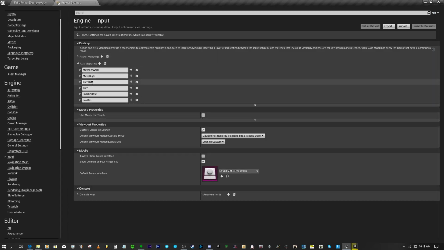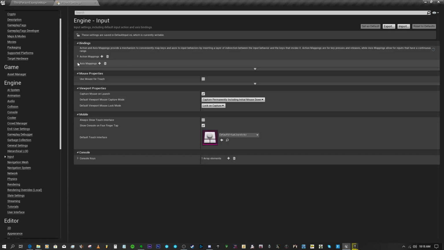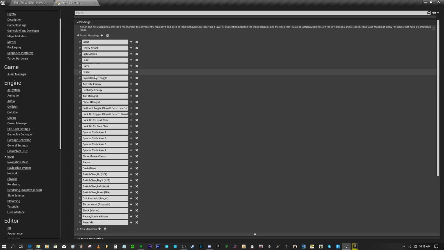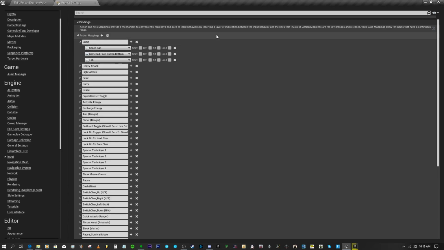Obviously, I'm assuming FPS, for example, would probably have these the same way. Yeah, it should. Move forward and all those, but you would need to copy these inputs if you want to use the mechanics directly. So either you do them in here like this, and in the other projects just do them one by one like that,